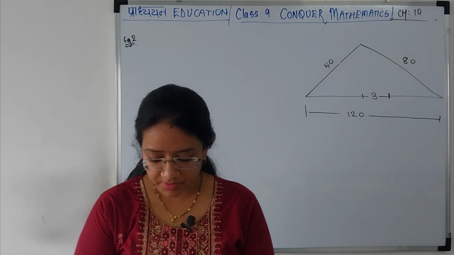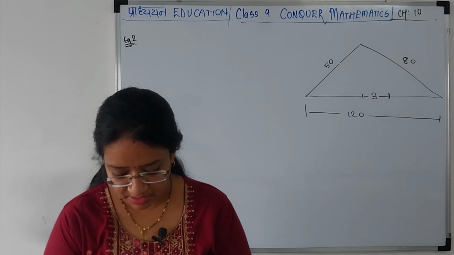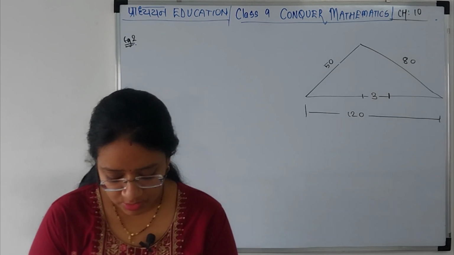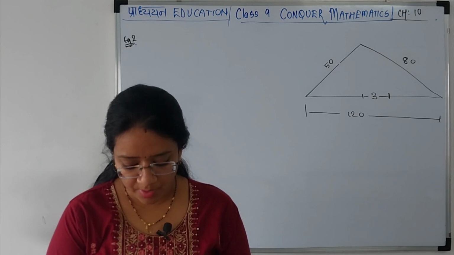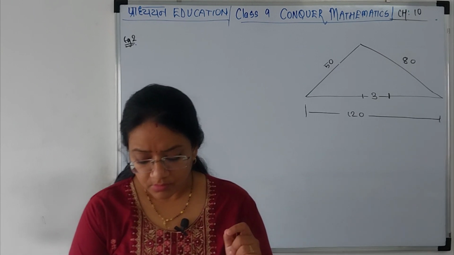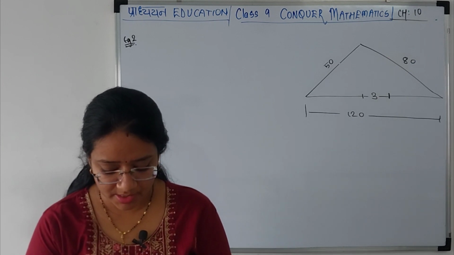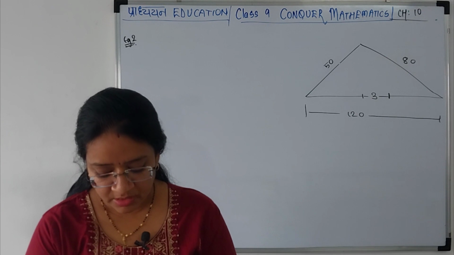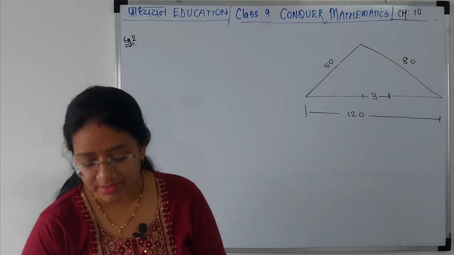The question is, a triangular park ABC has sides 120, 80 and 50 meters. A gardener Dhanya has to put a fence all around it and also plant grass inside. How much area does she need to plant? Find the cost of fencing it with barbed wire at the rate of rupees 20 per meter, leaving a space 3 meters wide for a gate on one side. Okay.